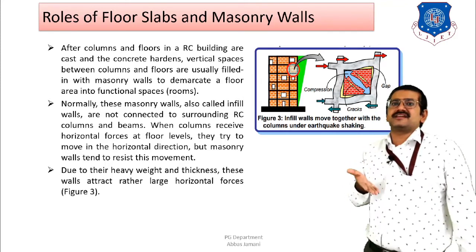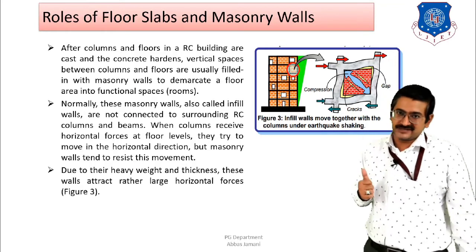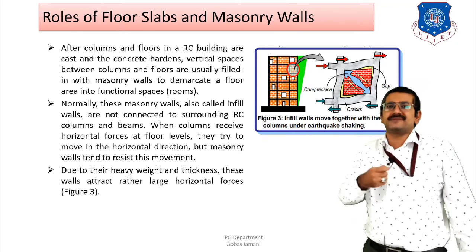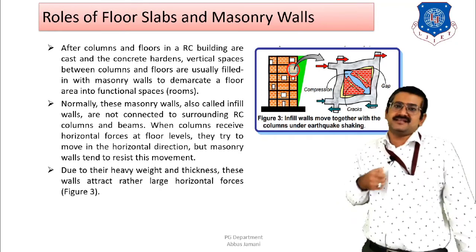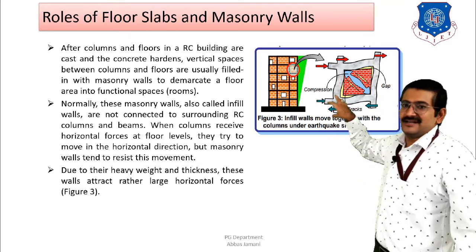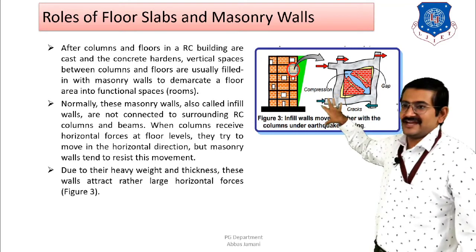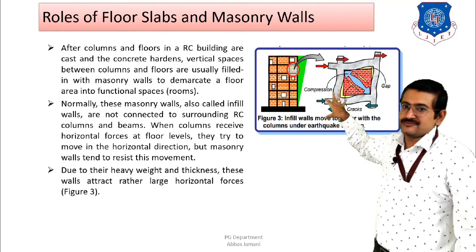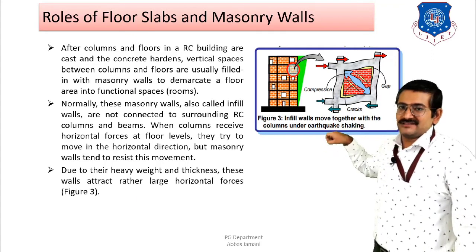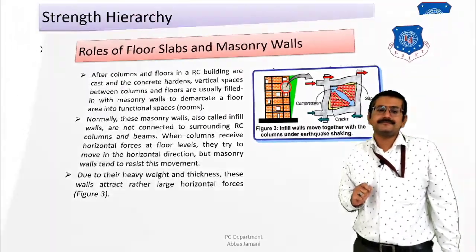Because the tensile strength of brick or masonry is very low as compared to its compressive strength. It is a brittle material, right? It has good compressive strength, but it does not have tensile strength. So whenever this couple is generated, the top half of the building is under tension and the bottom portion is under compression. As a result, cracks are likely to be observed in the top portion, and gaps may also be formed between the bricks and the beam column joints.